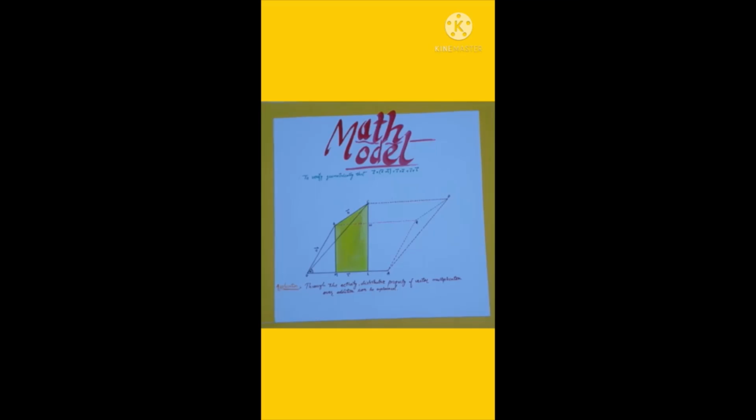So mod of C vector cross A vector plus B vector is equal to mod of C vector cross A vector plus mod of C vector cross B vector. The direction of each of these vectors, C vector cross A vector plus B vector, C vector cross A vector, and C vector cross B vector, is perpendicular to the same plane. So C vector cross A vector plus B vector is equal to C vector cross A vector plus C vector cross B vector.